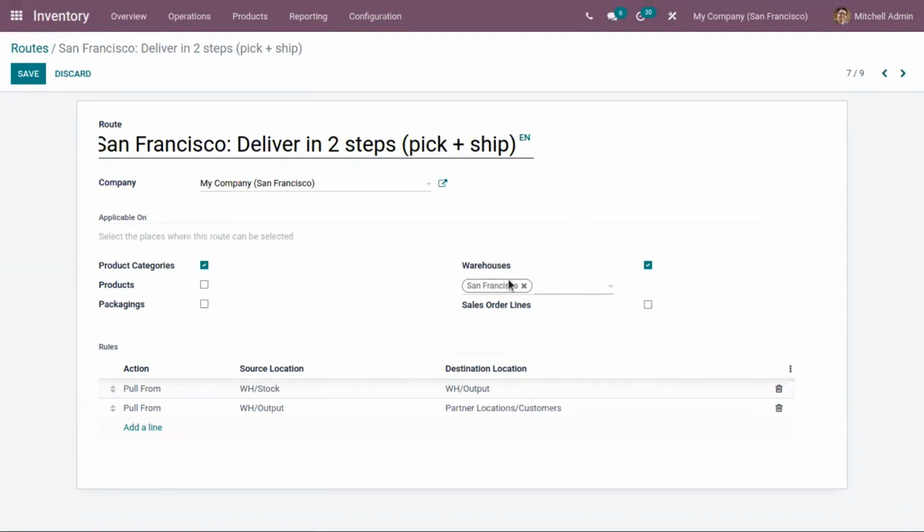Here I've already added San Francisco. Then we can make this route selectable inside a sale order line. And below, you can add pull or push rules for your route. For this delivery, you can see some pull rules are added.